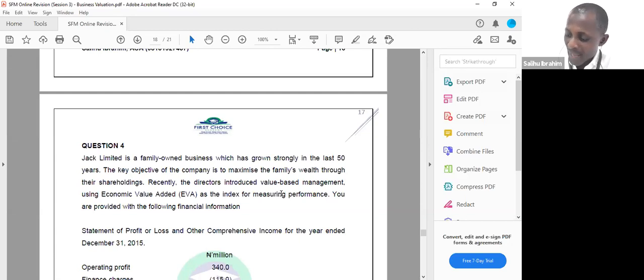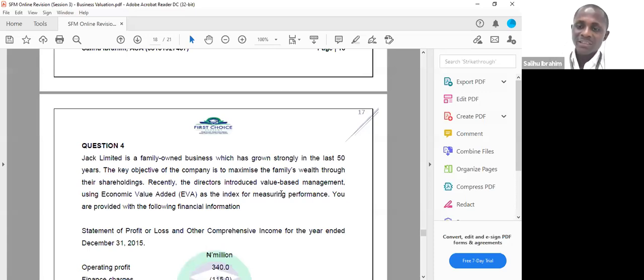So the capital employed I'm going to use is that as at 31st December 2014, but the operating profit I'm using is for the year ended 31st December 2015. You can see the connection. You need the profit for the year, but capital employed as at